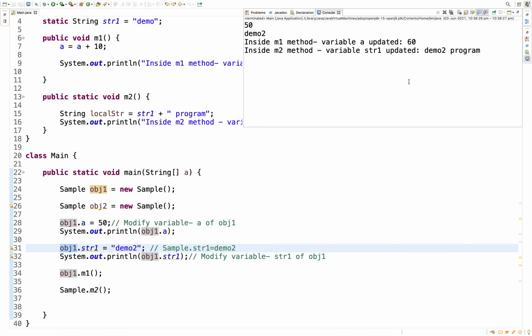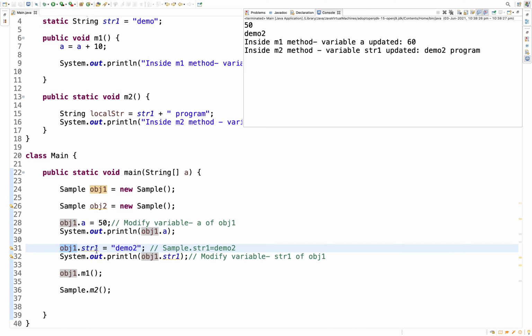So we have 4 print statements. We are assigning the instance variable a with value 50, and we're printing that value, and we got this output.